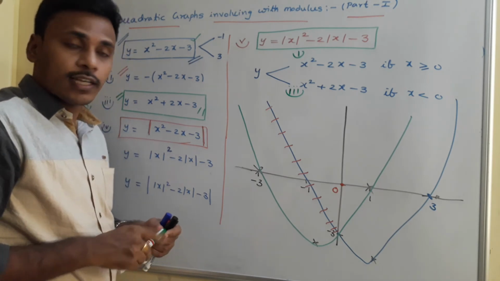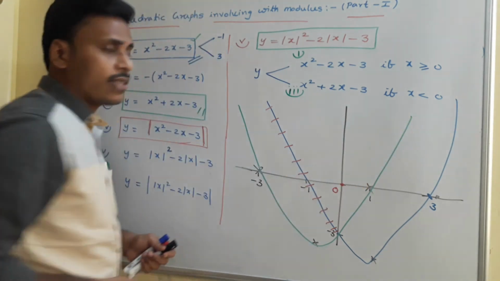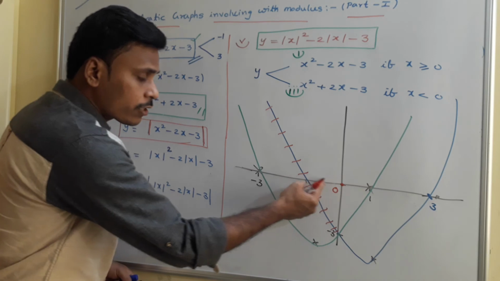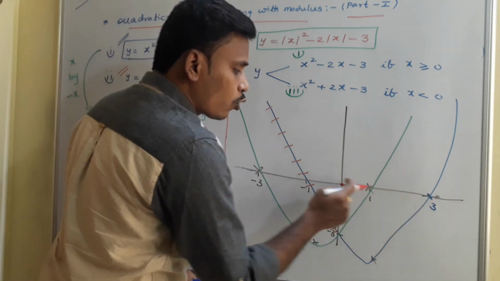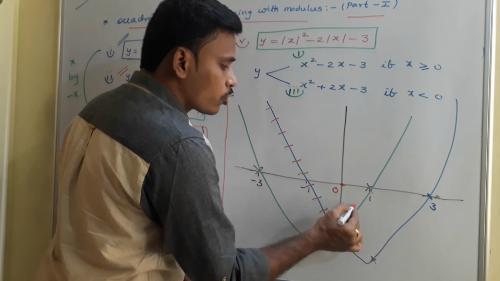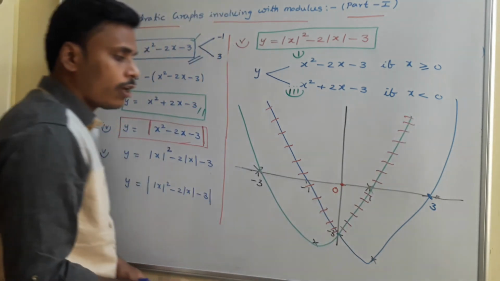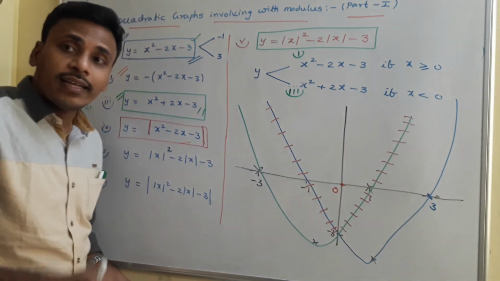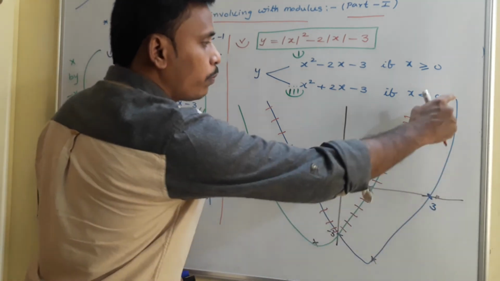Okay, graph of the third expression, and we need to consider this graph only if x is less than 0, only in the negative region of x. Negative region of x means left side of the y-axis. You are not allowed to take the graph in the positive region, so just neglect this part. You need to neglect this part, and you need to pay attention to this part. At the end the graph is just like this, green color along with this blue color.